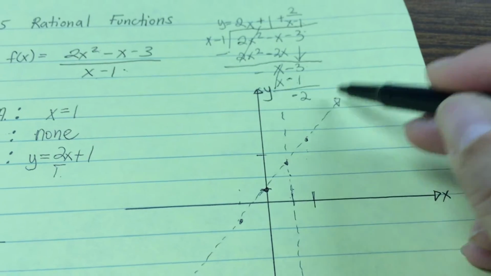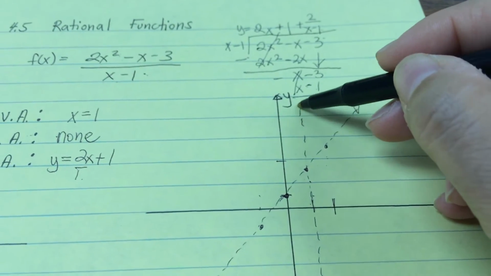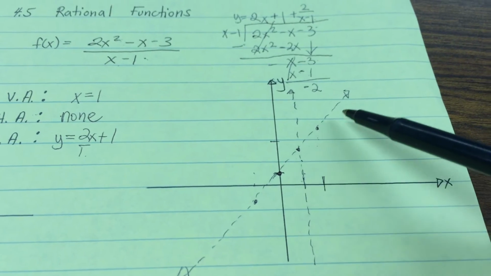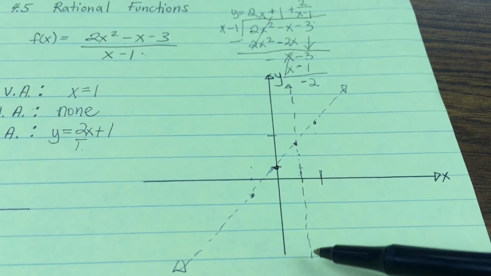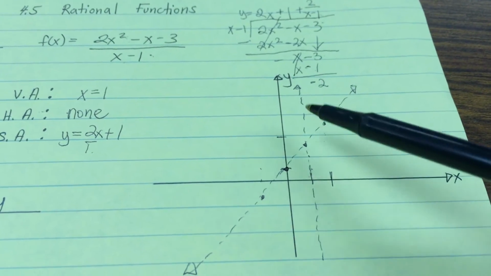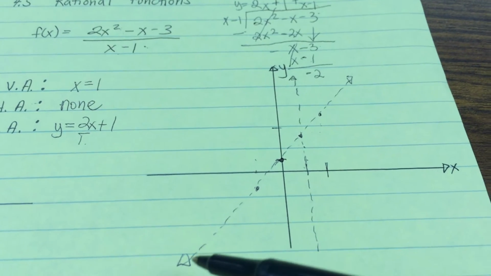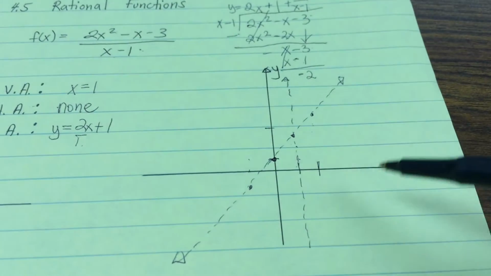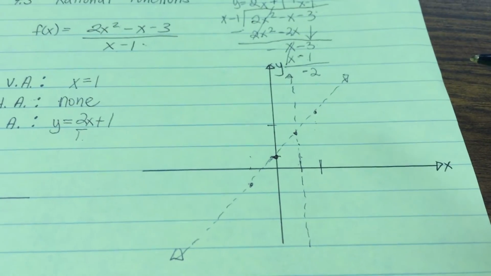Okay, so what we have is this right here. These are your slant asymptotes. Or actually, this is the slant asymptote, and then this is the vertical asymptote right here. As we mentioned before, the vertical asymptote you cannot cross, but on the slant, there's a possibility of crossing. Now, this is actually a guiding point, or I call it the fence,